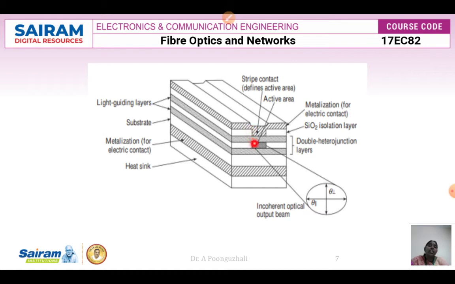When the light is going to be emitted from the edge of the LED, the light is going to be highly directional. Here we have an incoherent optical beam width. We can say that these light guiding layers are going to have a lower refractive index compared to the active region layer. Your active region is going to have a higher refractive index compared to this, but the guiding layers are going to have a higher refractive index compared to the surrounding material. Only when this refractive index combination is present can we see that the light is going to be highly directional.